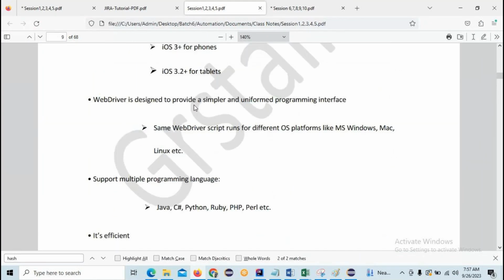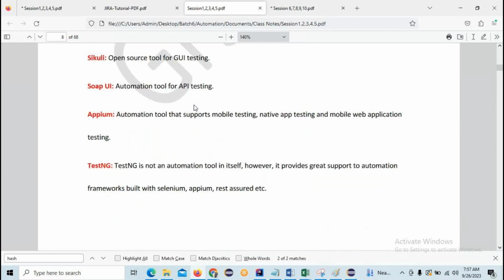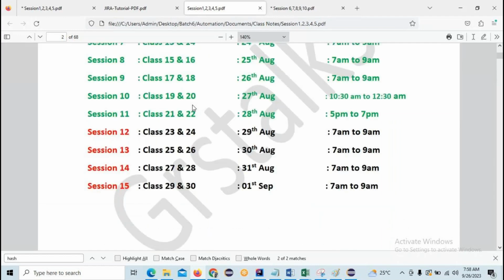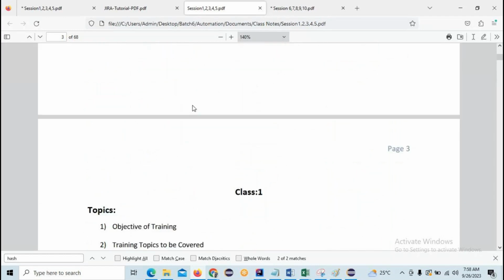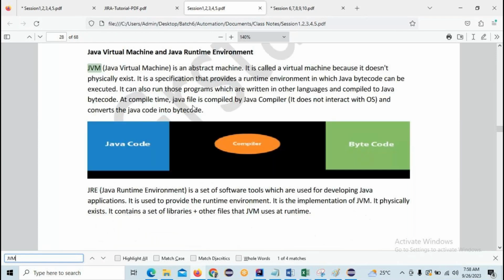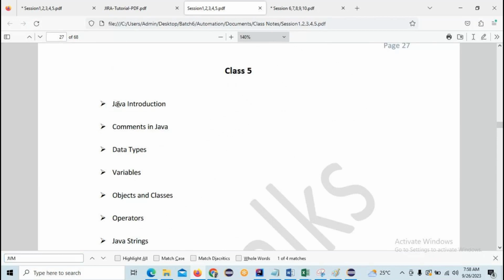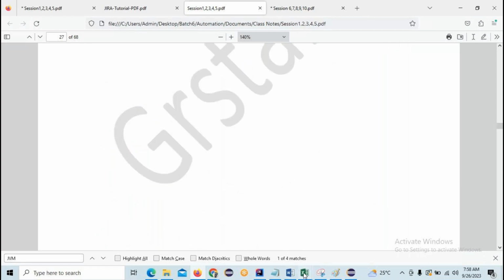Before going to that, let's see Java. What is meant by Java and why we are using it with Selenium. Why can't we use other languages? Why are we giving priority to Java? Okay, so here you can see the Java introduction, and later we can see a few concepts like comments in Java. Data types and variables we can see in tomorrow's session. Today we are going to see just the Java introduction and what comments are in Java. These are the two topics we are going to see as per our timetable.